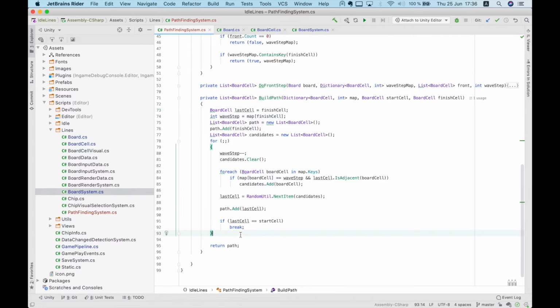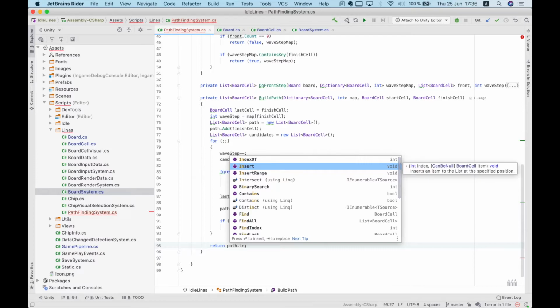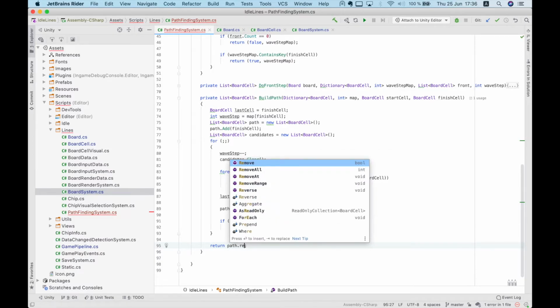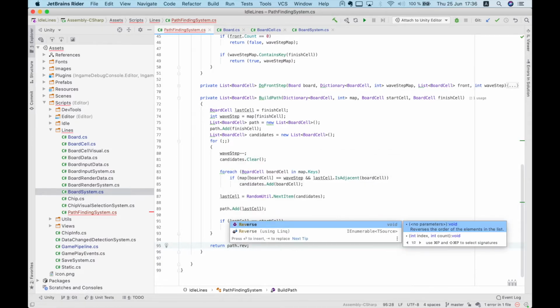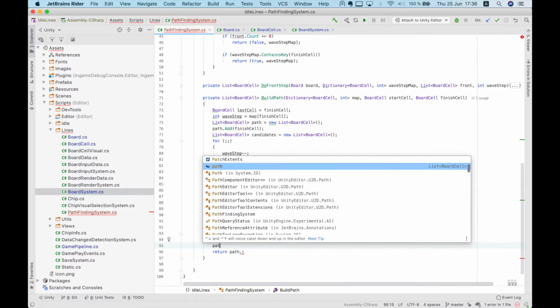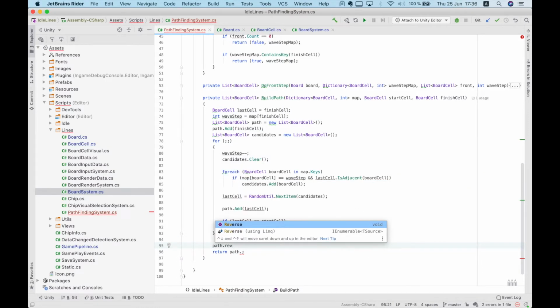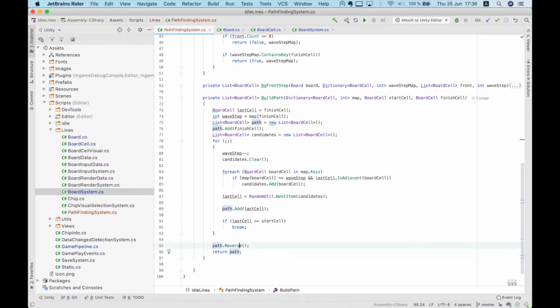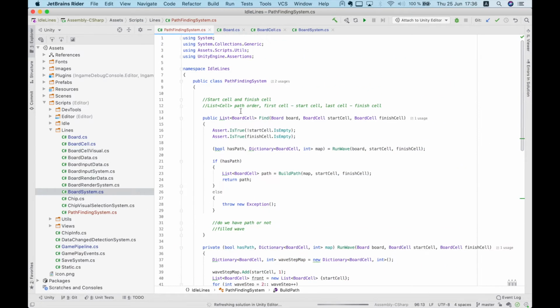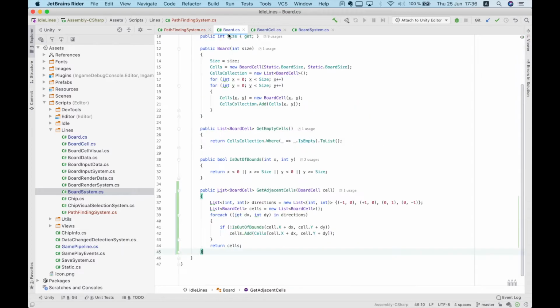It's in inverse order there. Let's reverse order and return. Okay,